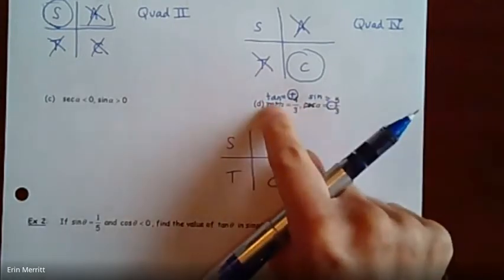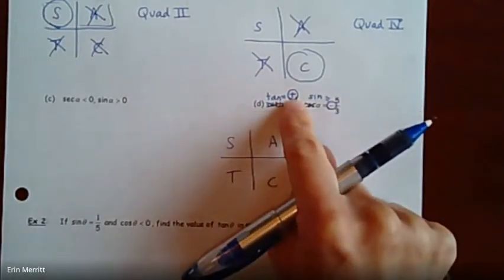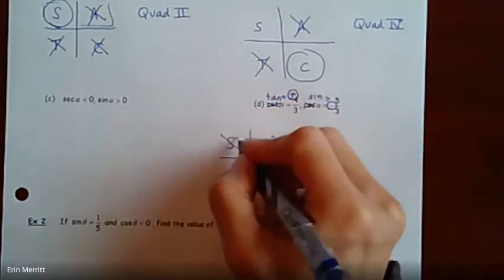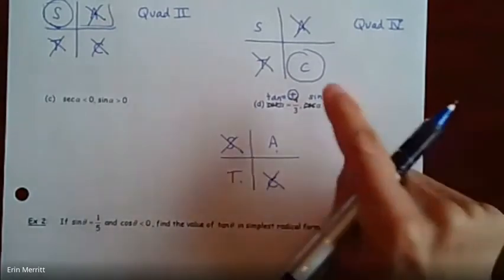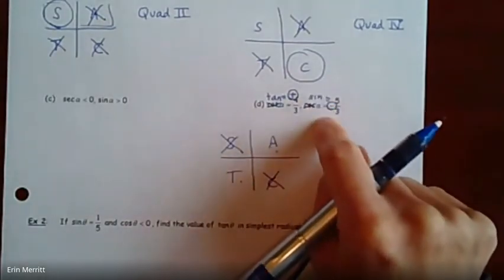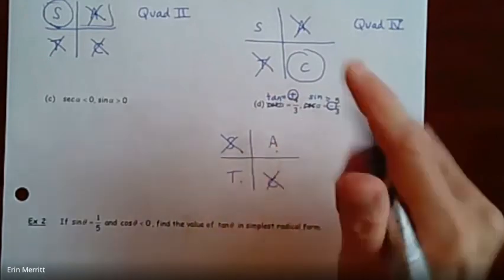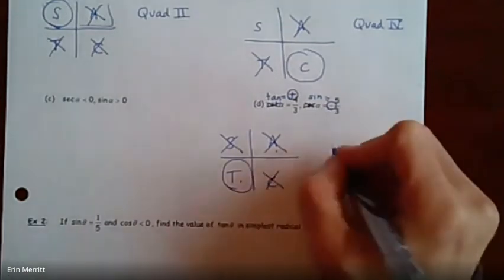All right, let's take a look. Tangent is positive. The two quadrants tangent's positive in, the first one and the third one. So get rid of quadrants 2 and 4. Now between them, sine is negative. Well, it can't be quadrant 1 then because everything's positive there. So get rid of that. It's got to be quadrant 3. So that is